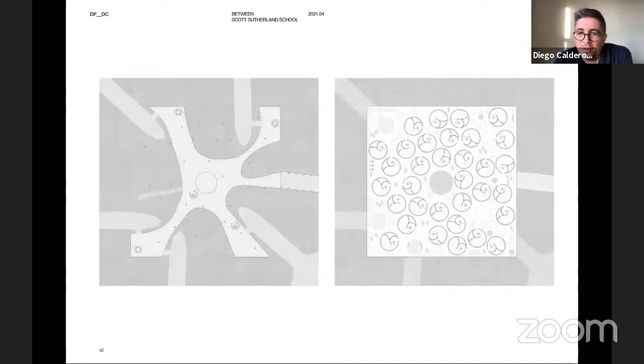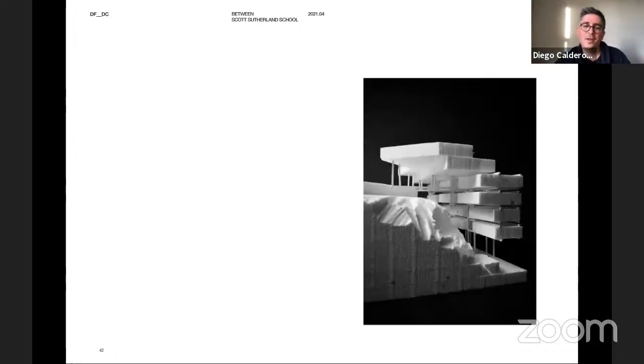This is a different project completely. They all had the same site, and they all had a 60 by 60 by 25 meter building to develop. So we're very excited about how this very fixed set of constraints can result in so many different visions. And this is where we think relating our work as architects and as educators becomes a virtuous circle. They not only influence the other, but they empower or push the other in a very, very productive cycle.